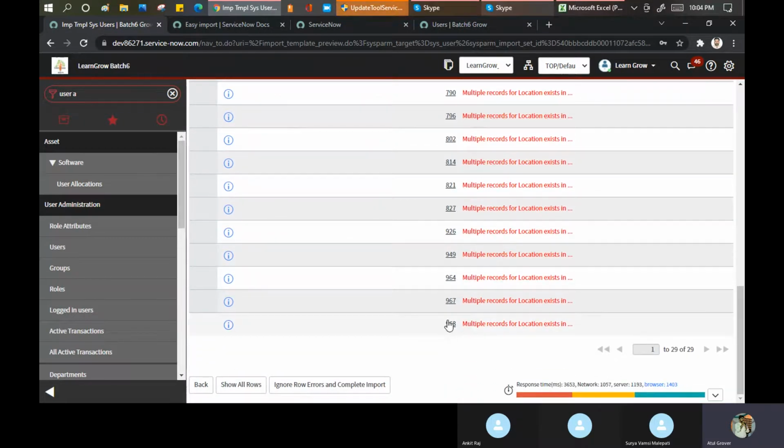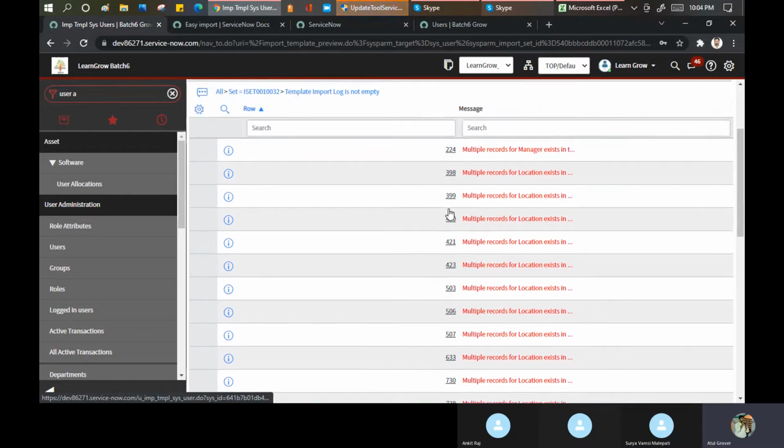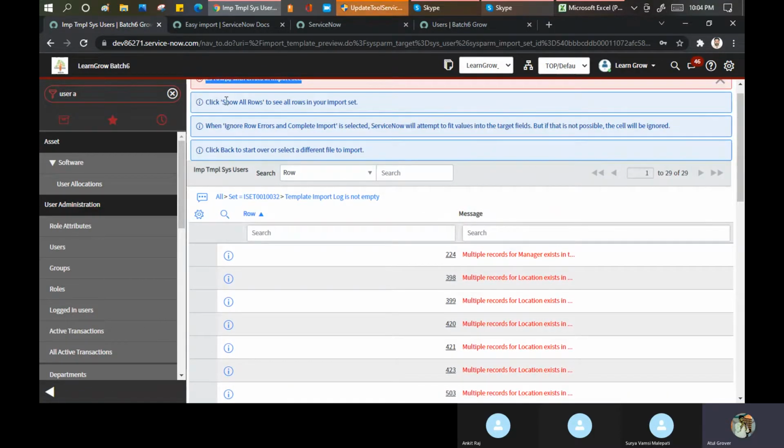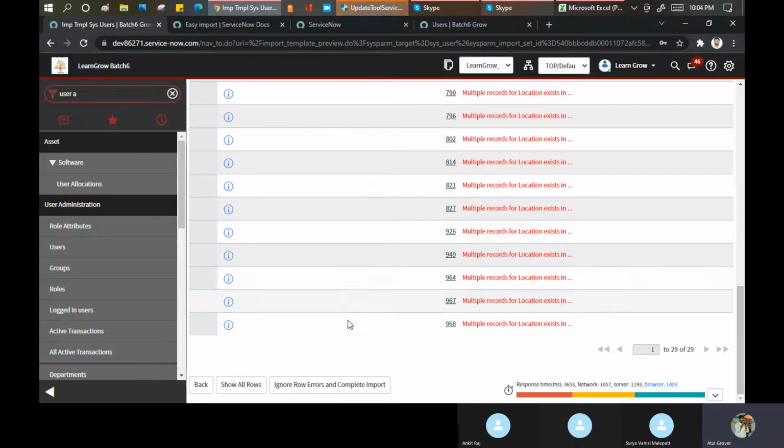Need to see what is the issue. This is the row number it's showing, यहाँ पर issue है आपके row numbers. Click show all rows to see all the records in the import set. What can I do? Let me see what option I have. Ignore row errors and complete the import. I said okay. जो भी छोड़ो उसको. Need to see कि इनका problem क्या है. Maybe this data has been overwritten, data has been deleted, or some other problem is there. It's committing my transform map now. Because records ज़्यादा हैं, so it takes time.